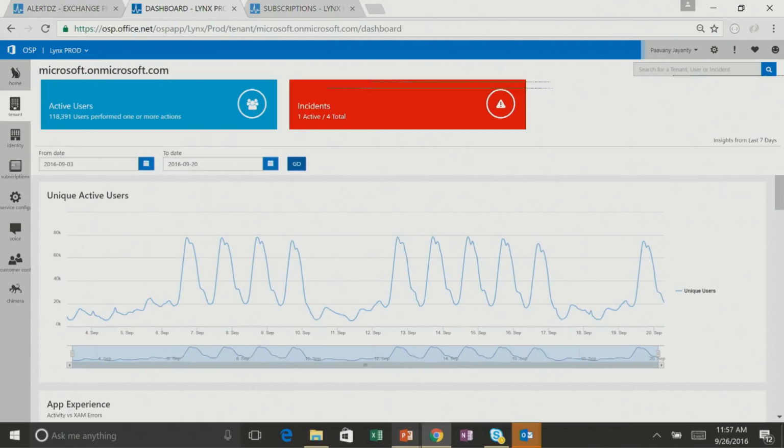What you see over here is a dashboard that we've pulled up for Microsoft. You see about 120,000 users who've logged in recently. The chart below shows the unique user count over time. You notice these 5 peaks correspond to the 5 work days. The little bumps correspond to the weekends. Just eyeballing the chart, you know that something went wrong over here. You expect a 5th work day. Our first instinct was, let's go check the service. But it turns out that was the 5th of September, and all Microsoft employees decided to suitably not log in and check their emails on that day.